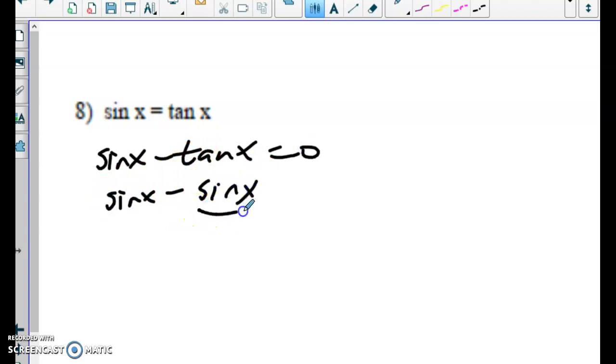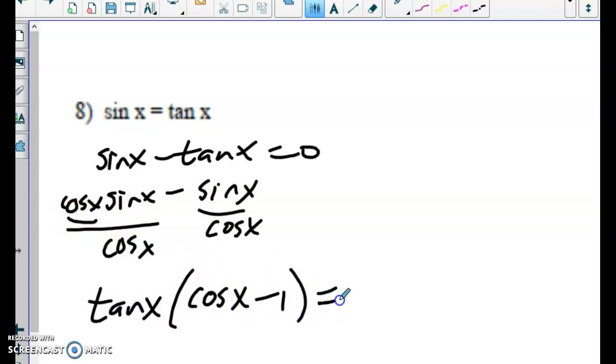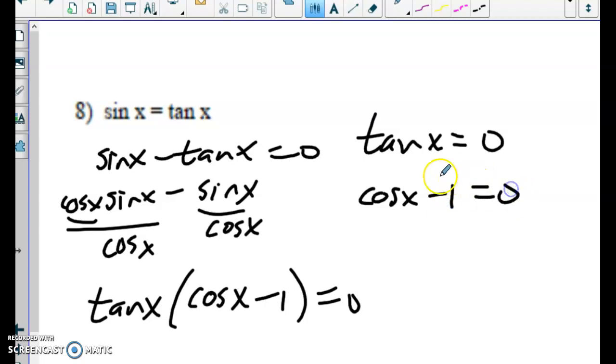And then I'm going to change that into sine over cosine, get a common denominator. And I notice that I can get a tangent out of there and a tangent out of there. So I'm going to take a tangent, and I'm left with a cosine minus 1. This is good because I have the product there, and I know that either the tangent is equal to 0 or the cosine of x minus 1 is equal to 0. Or my tangent is at 0,